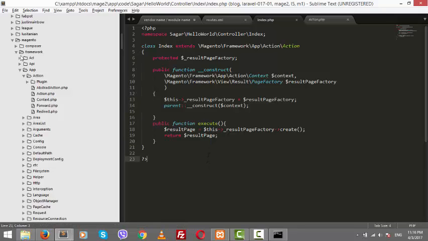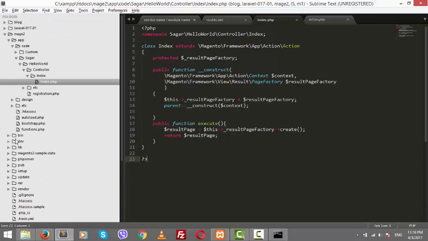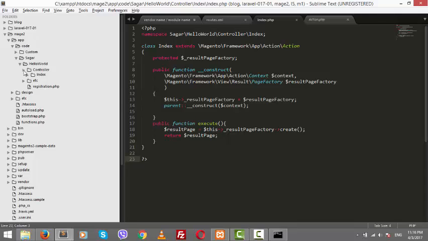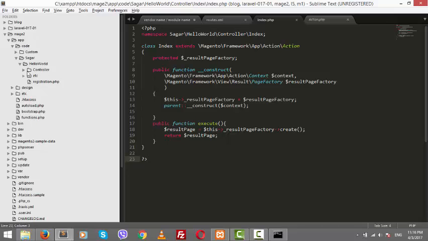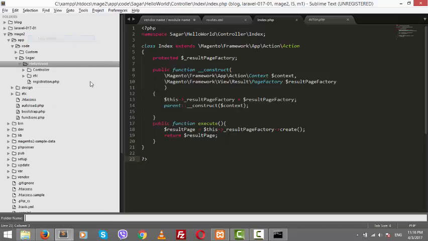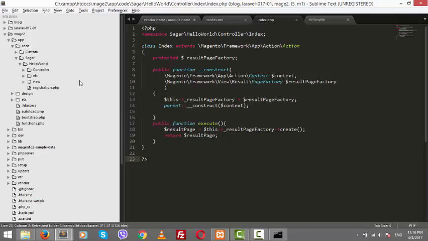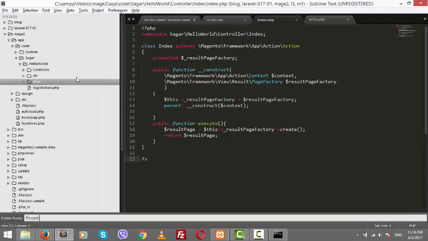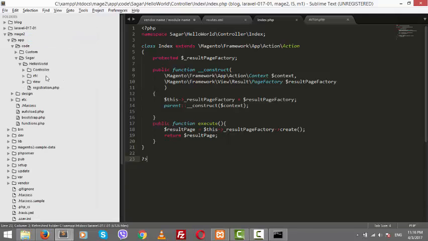Now what we can do is let's close this. Now we move towards the view part. Okay, the view folder. Inside view we also have two folders, frontend and admin. Today we will be doing only the frontend part. Okay, inside frontend